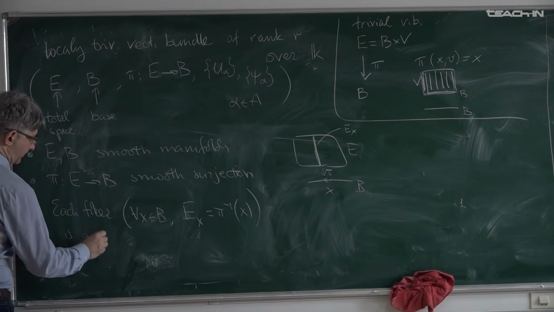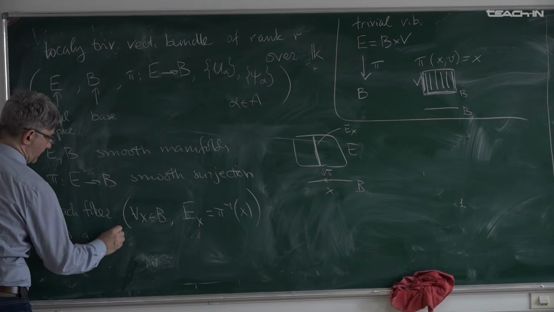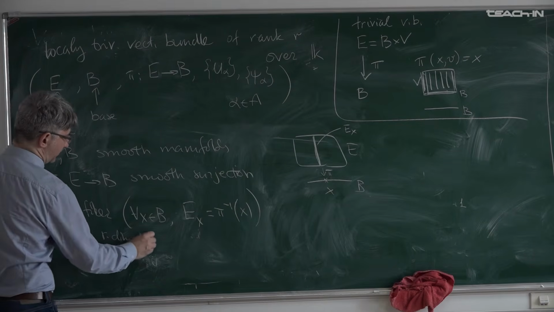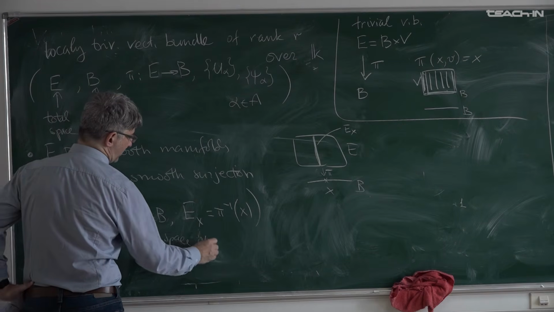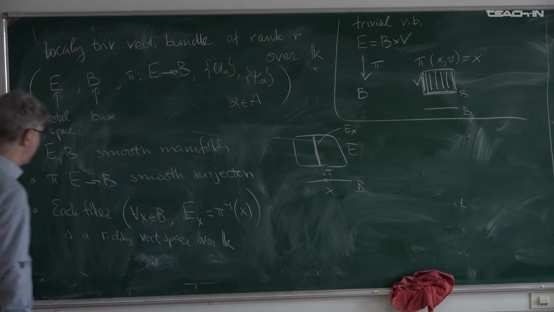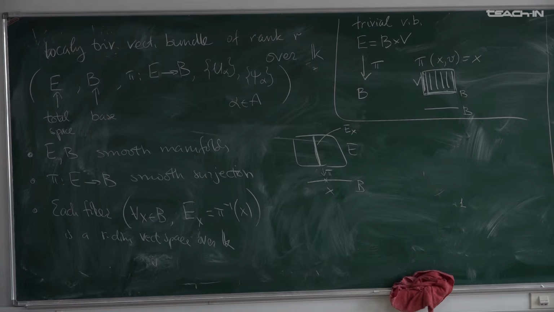Is a dimensional vector space over the field K. And now we want to explain what it means that these fibers are glued together in a smooth way, and the operation is also glued together in a smooth way, because you can think that,